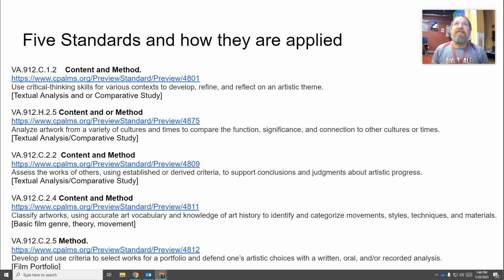So I would say the lesson I'm envisioning, and I'm just going to pick one, I'd say the analyzing artwork from a variety of cultures and times to compare the function, significance, and connection to other cultures or times. All right, we use a textual analysis, and my kids do like 3 or 4 practice analyses, and really